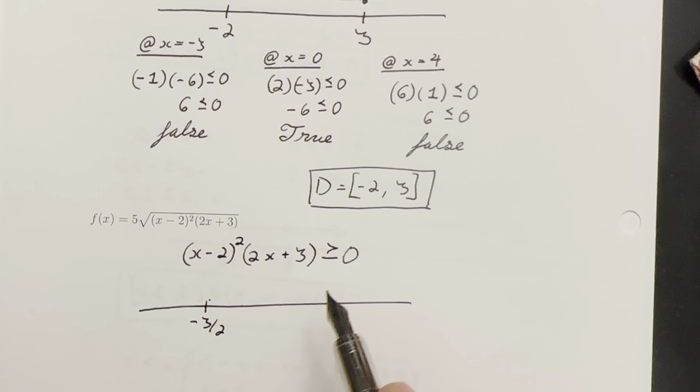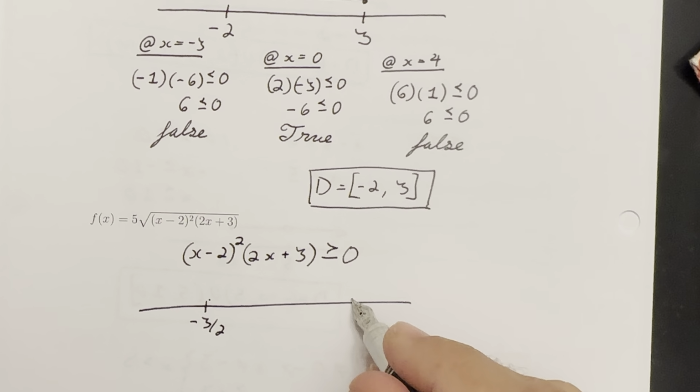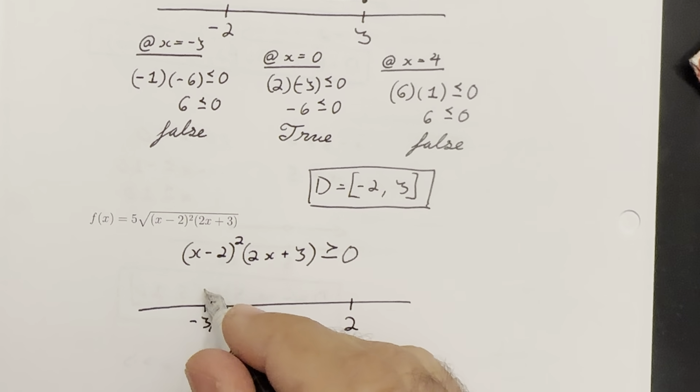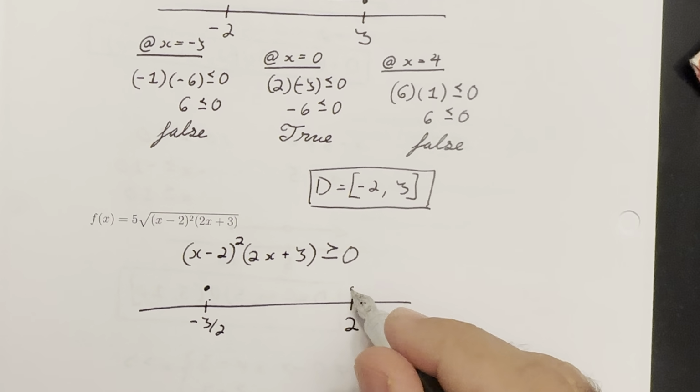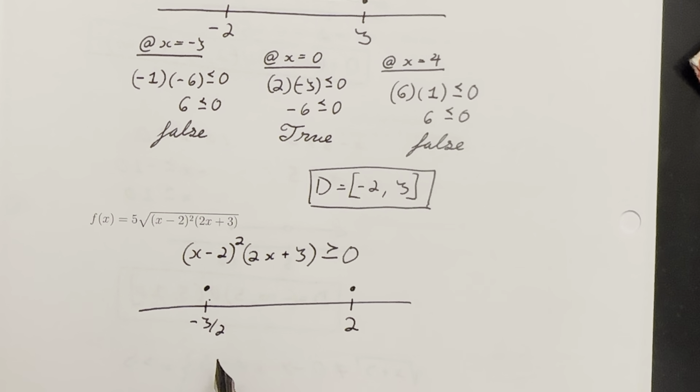And 0 is equal to or greater than itself. So we put filled in circle here, filled in circle here. And now we do the method of test points. -3/2, it's -1.5. So let's start off at -2. So -2 minus 2,